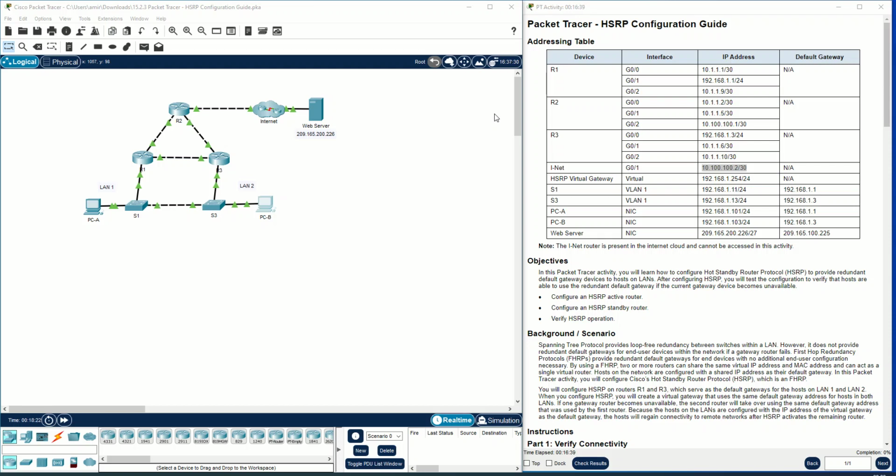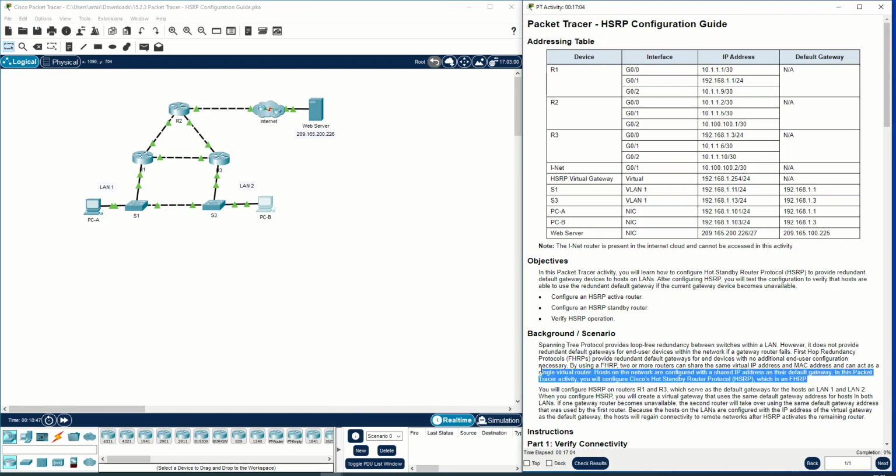For example, HSRP helps us take responsibility for providing the default gateway address to devices in this network. And in this Packet Tracer activity and assignment, you will configure Cisco HSRP,